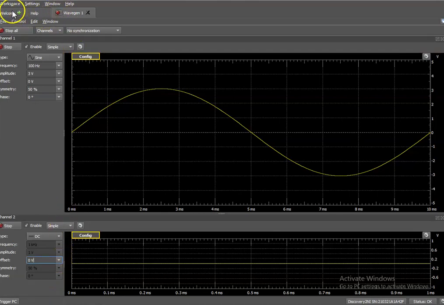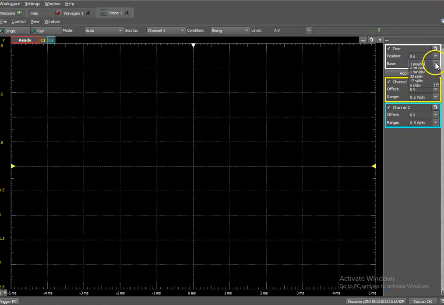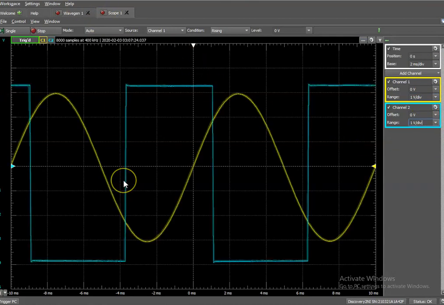Using channel 2 of the waveform generator from wavegen option, then invoke oscilloscope using scope option. Adjust the time per division and volts per division suitably. The channel 1 shows the input sine wave and channel 2 displays the output square waveform. Stop the scope and to observe transfer characteristics in View option,